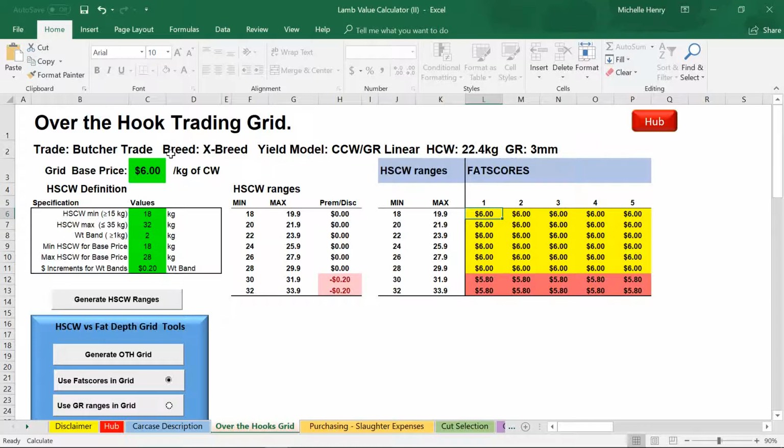carcass description. The first step in constructing an over-the-hook trading grid is to set a base price. And this is the sweet spot within our grid. So as you can see, we've set this to $6 per kilogram of carcass weight. And as you will find moving through the land value calculator, any of the cells that are in bright green can be changed by you, the user. So in this case, we can change this $6 per kilogram of carcass weight to, for example, $8 per kilogram